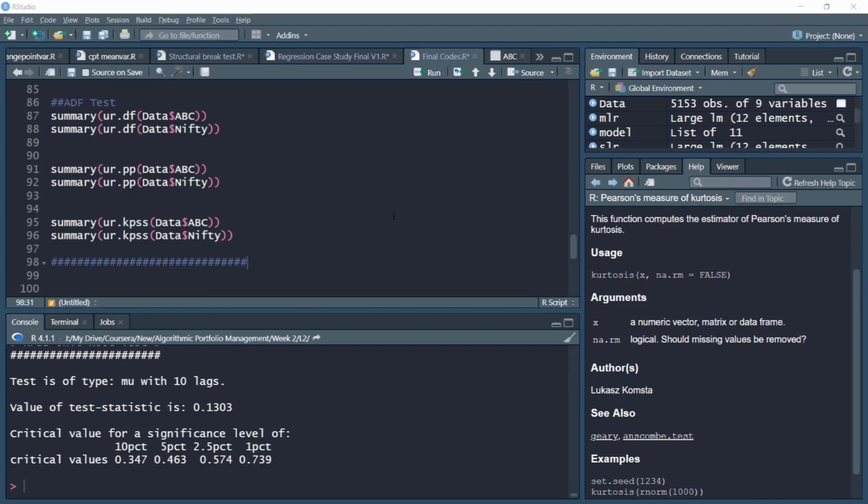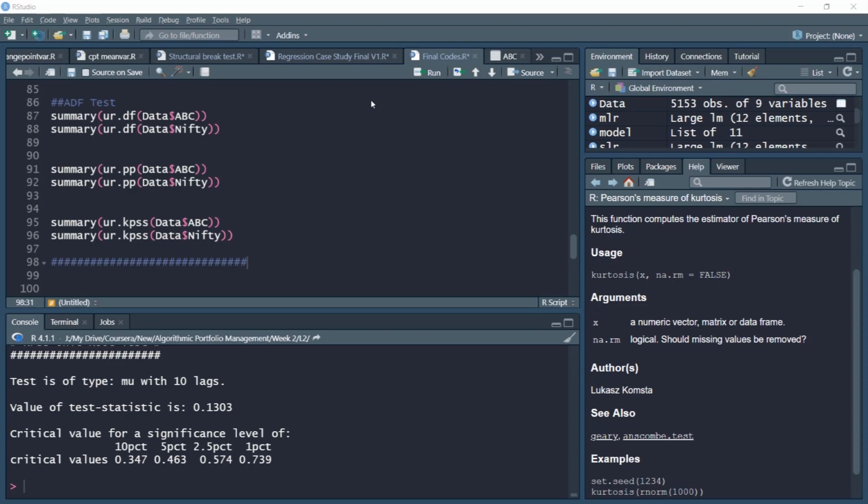To summarize this video, we conducted tests of stationarity and non-stationarity. Here the augmented Dickey-Fuller and Phillips-Perron tests were tests of non-stationarity, where the null hypothesis was of non-stationarity and rejection of the null indicated stationarity, while the KPSS test was a test of stationarity, and we failed to reject the null, which indicated again the stationarity of the data. In the next set of videos, we'll start with training and testing of regression algorithm and prediction